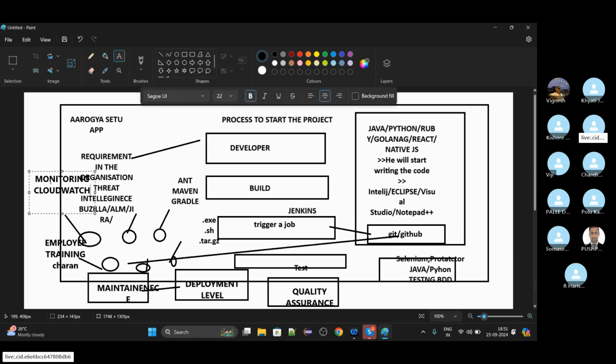So the developers who get hired into the organization will follow the same methodology and use the same coding language on top of it. If he is coming from any background, it doesn't matter; if the business requirement is that he should know Java, then for 6 months he has to learn Java. Then only is he going to work on that particular project, or else there is no use for that person. So on top of the business requirement only, these decisions are made, right? If something is at the legacy level, they are going to use Java itself. If it is Python, it is Python. If it is Golang, it is Golang.